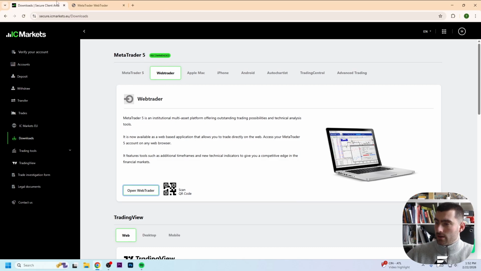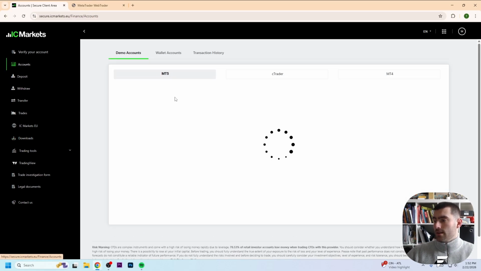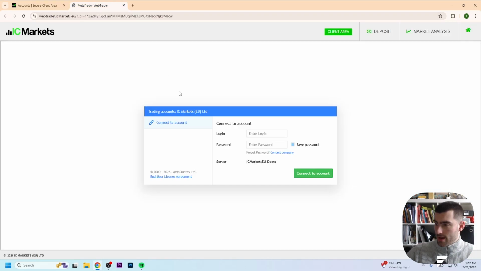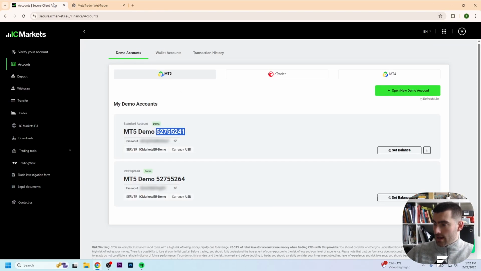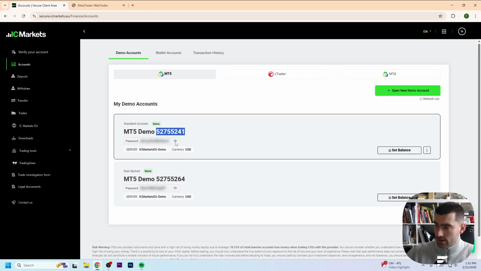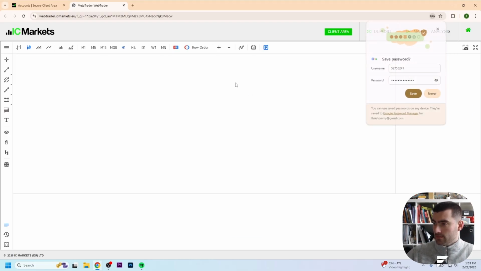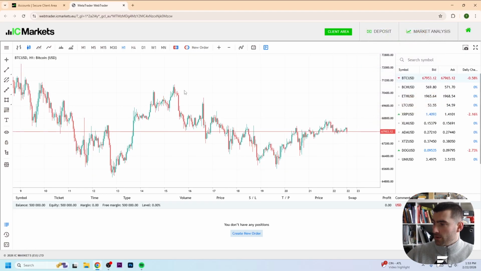And then right now we go back to accounts. And then we need this as our login. So we go back and fill that in right there. And if you want to see our password, we click here on this I. And then we copy this with Ctrl+C, paste it right here with Ctrl+V. And now we do connect to account. And there we are. So now we are in, and this is how you can demo trade right here on